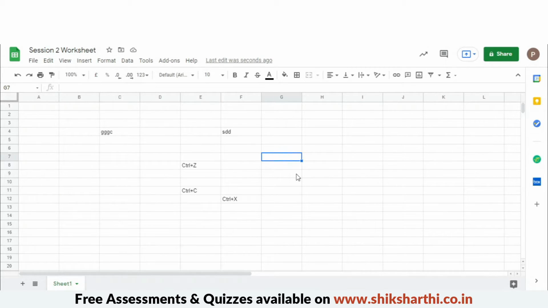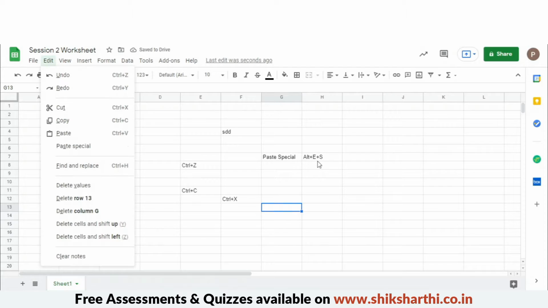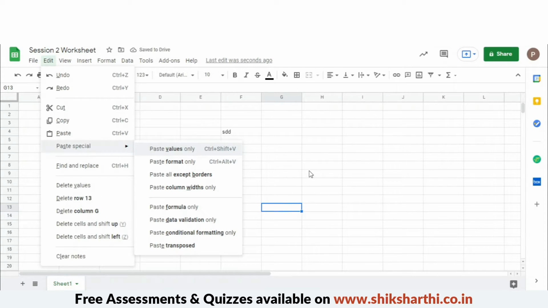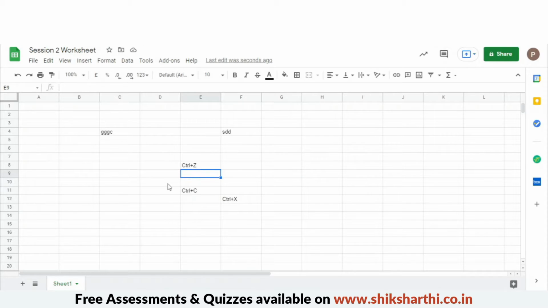Then for paste special, it also has a shortcut: Alt plus E plus S. Press Alt plus E plus S on your keyboard and it directly opens paste special.